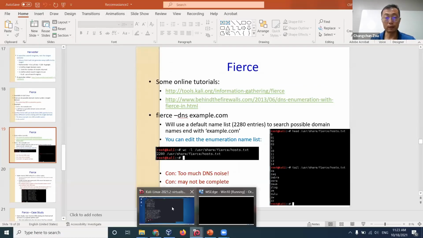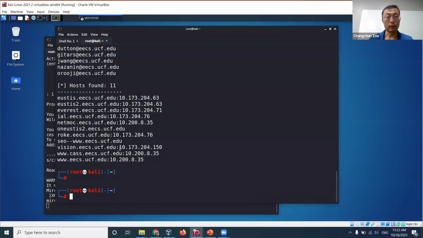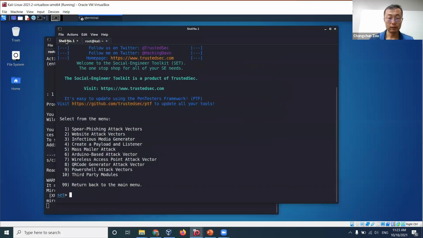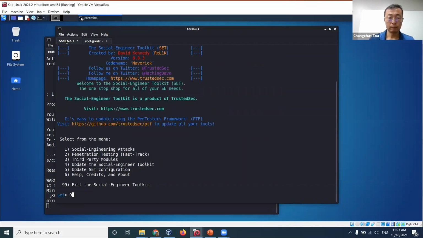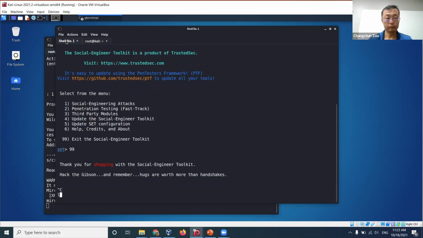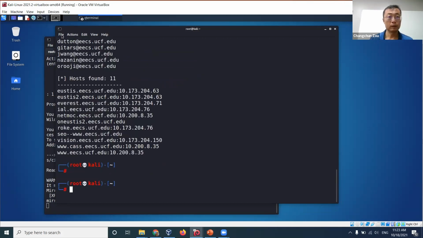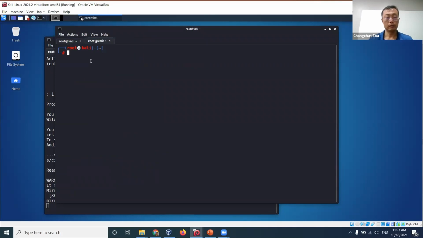Before we use fierce, I don't want to generate so many DNS queries, so I can